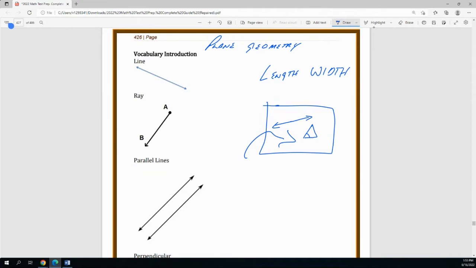It's just a line. A ray is like a sunlight. If you can imagine the sun on this board, if we could draw it, because that's what we're talking about, is drawing on a board, right? If you can imagine the sun, and then it shoots light off in every direction, well, that's what a ray is. A ray has a starting point, which we can call the sun, and then the light emanates from there, which means it's going to shoot in every direction from that spot. That's why we call it a sun ray.